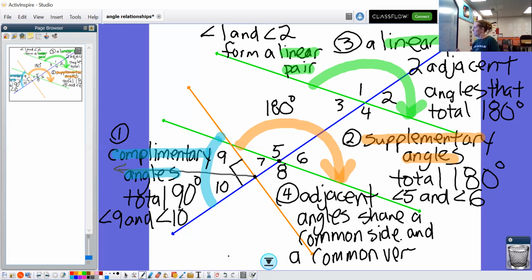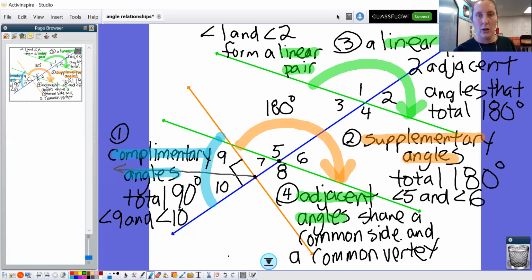vertex. Now, the ones we've talked about here, these complementary angles, supplementary angles, and a linear pair, they're just special kinds of adjacent angles. And we should probably highlight that vocabulary word too. Why not? In green, since it's related to a linear pair, we also have adjacent angles in there in that definition. Complementary angles and supplementary angles are also